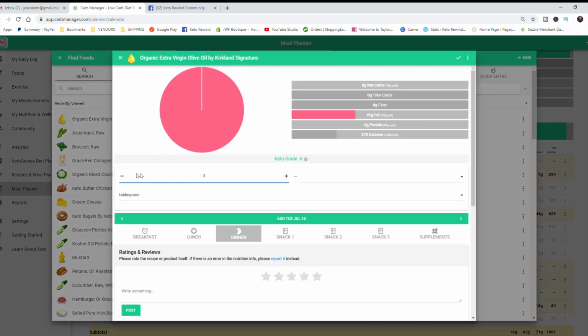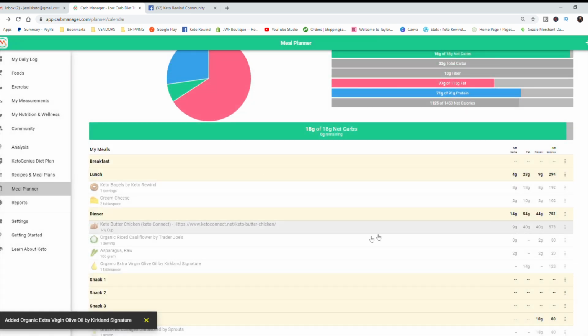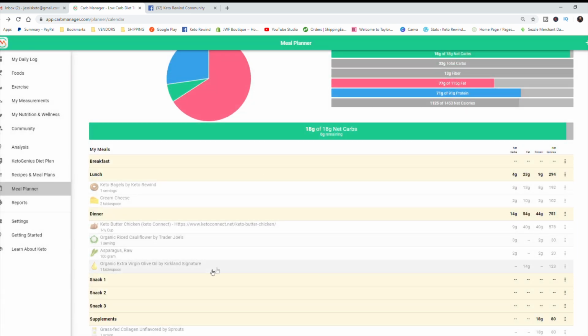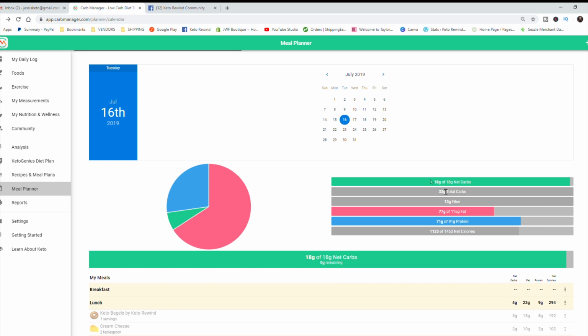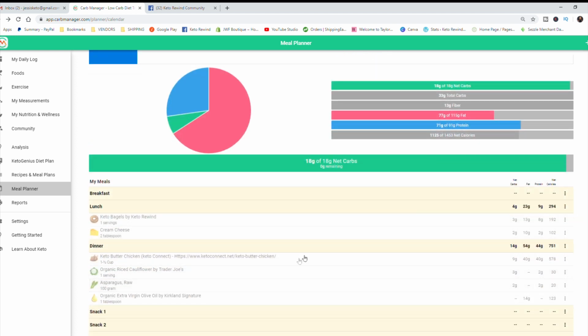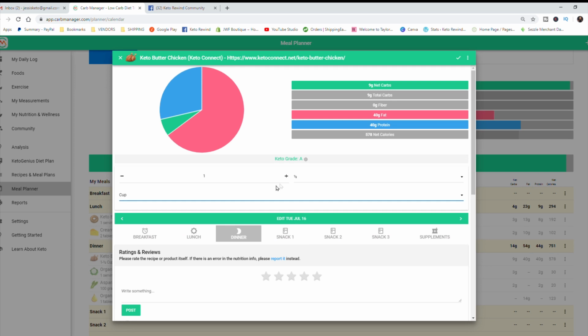So I need way less fat. So I backed the olive oil down as well, because you don't need as much olive oil to roast asparagus. Now we look at the macros and we're like, okay, perfect on carbs, and I'm fine with the lower fat. And actually what I would normally do in this case, if this is 1.5 cups, I would go ahead